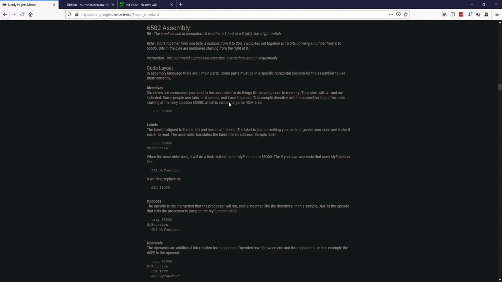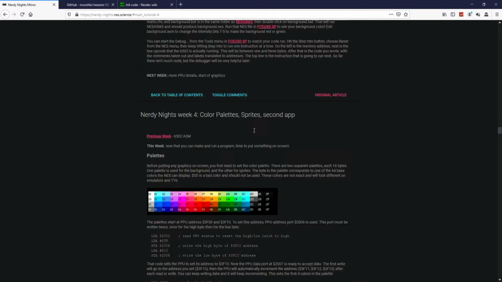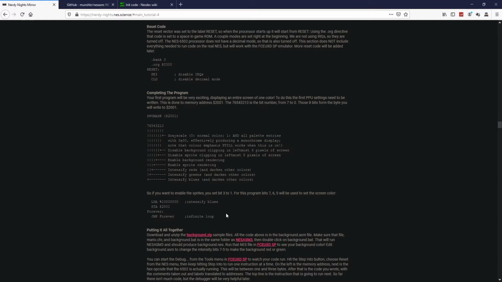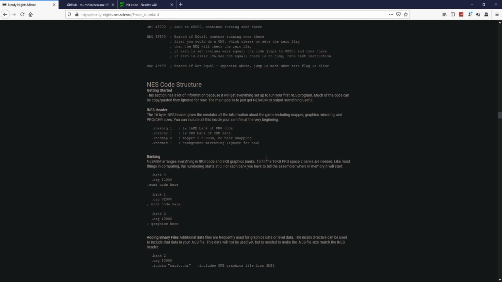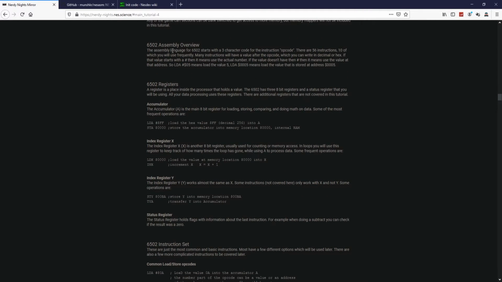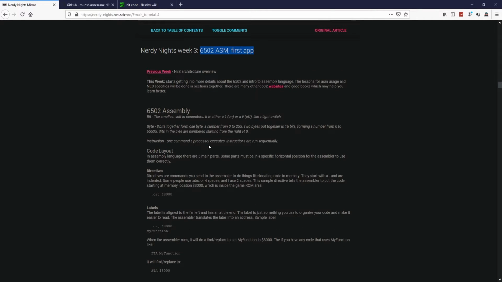I'm not only going to go over this source page over here first, right after I'm going to go over the code, which you can download under here under the background.zip. It's going to be under background.nes. Well, that's the compiled version, ASM. And because I'm going to cover both of these subjects, the source and the code,